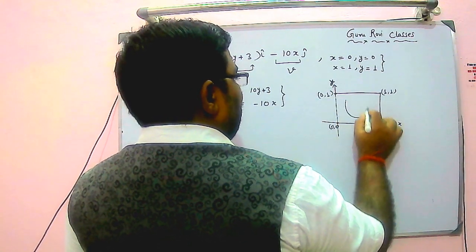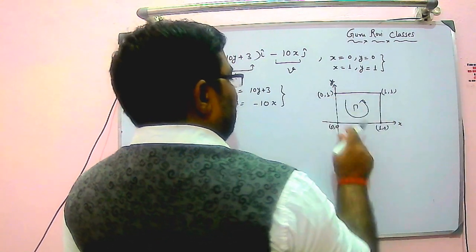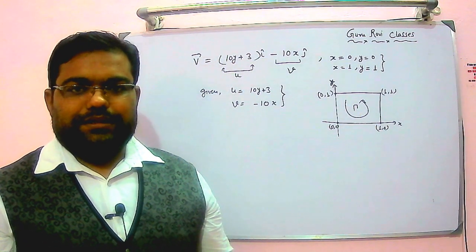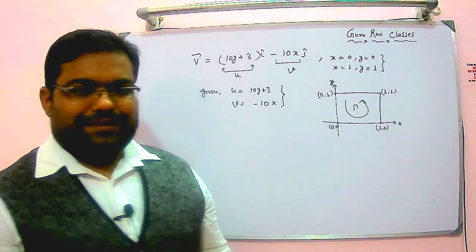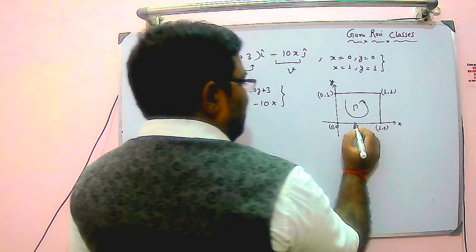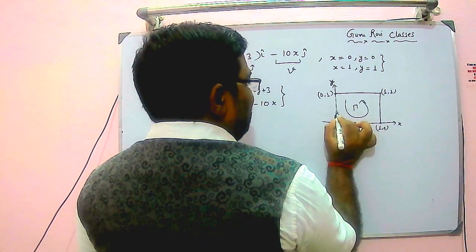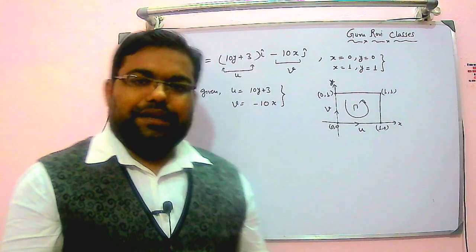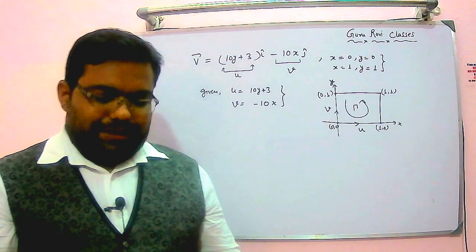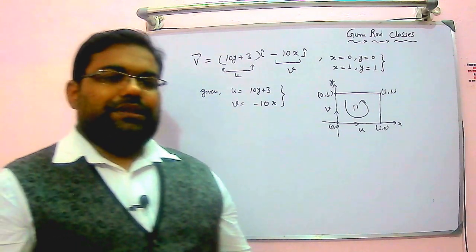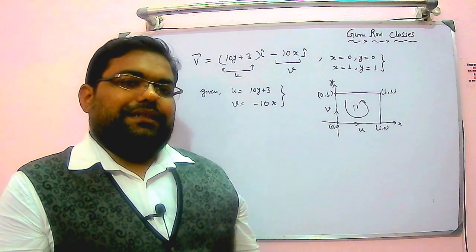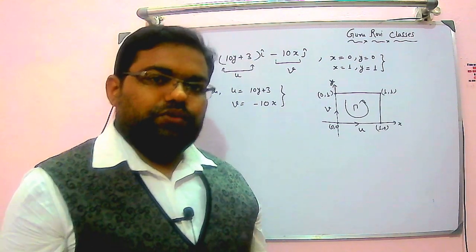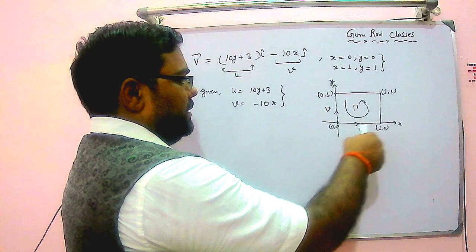And we need to find out the circulation around this. Circulation is given by this symbol tau. Tau is the circulation. Along x it is u, along y it is v. So u and v I have also written. What does the circulation definition say? The circulation is the line integral of the tangential component of velocity taken around any closed curve. This is a closed curve, right?